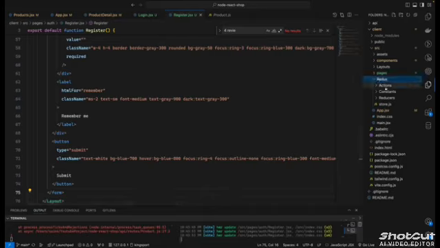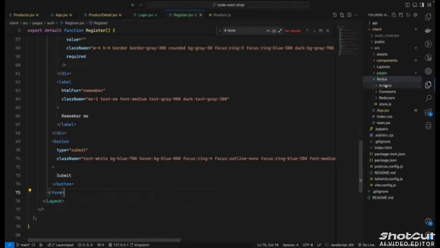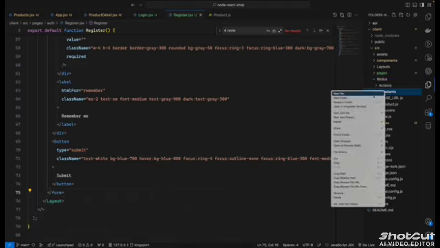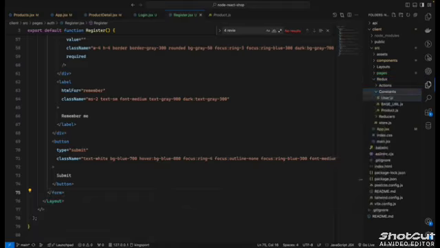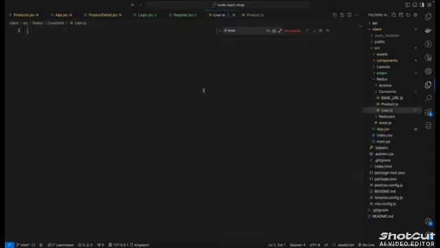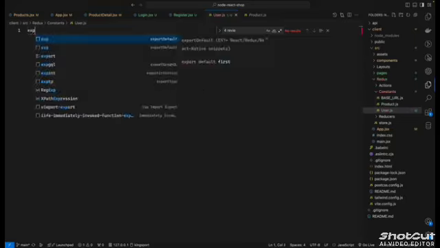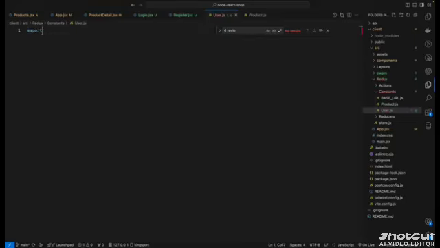So go to the redux, and I will hide this one for now, so we don't need that. And in constant, I will create a new file called user.js. So inside user.js, we have to think about how many requests and what actions the user will do. So I will say export const. So the first one is user login request. Okay, the user can do a, let's say, user